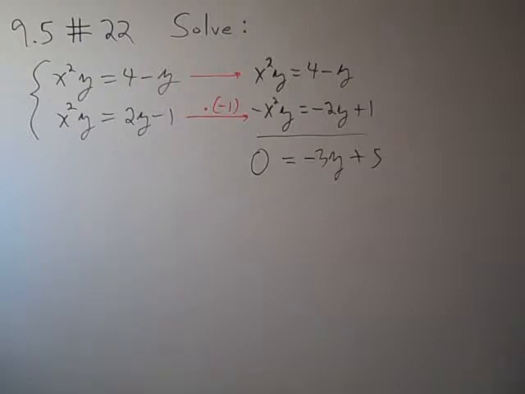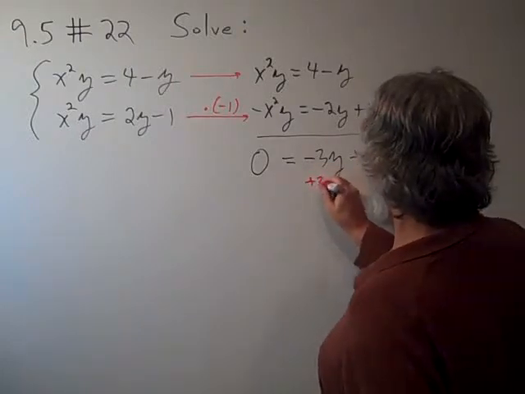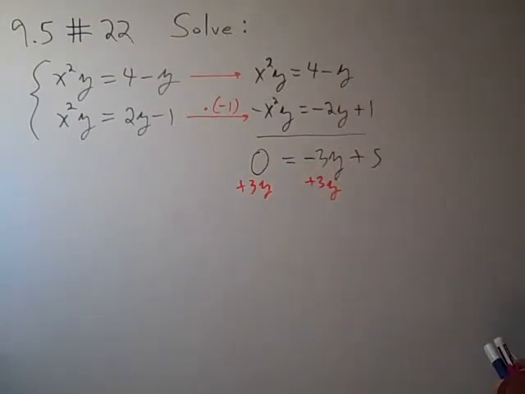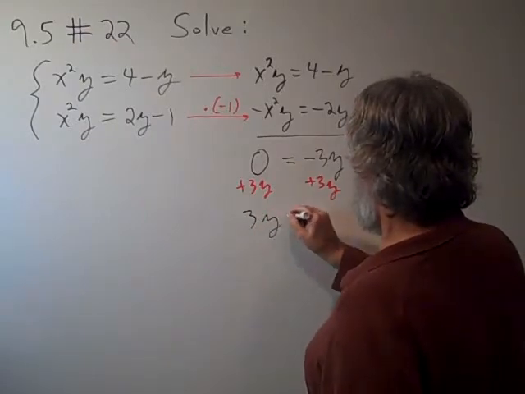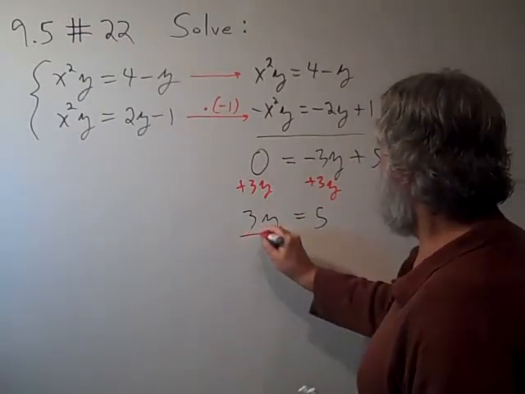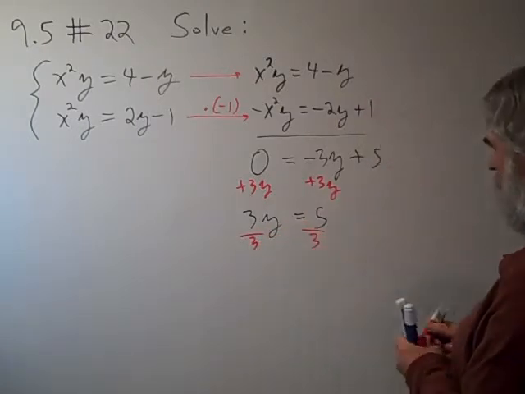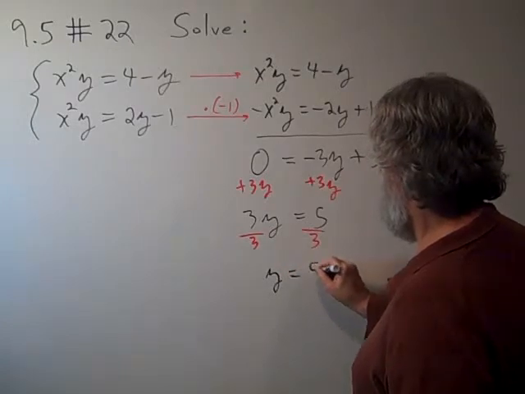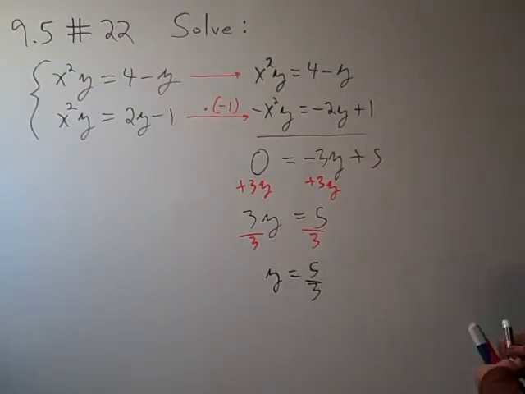Add 3y to both sides of this, and we get that 3y is equal to 5. And dividing by 3 on both sides, we get that y equals 5/3. So we've solved for y,